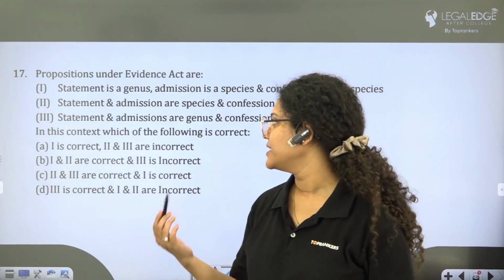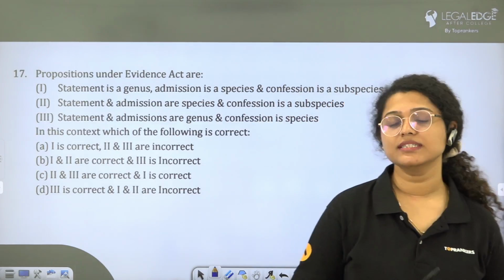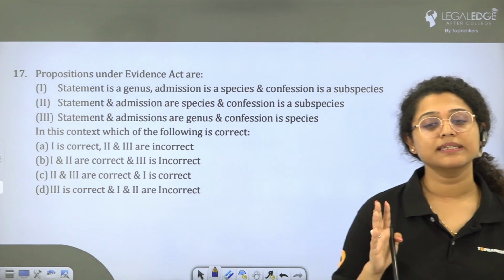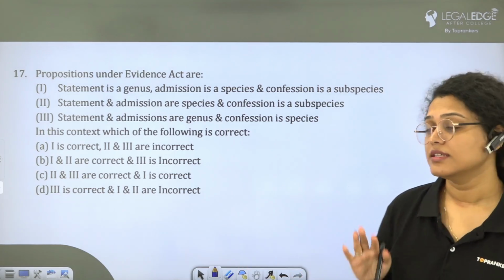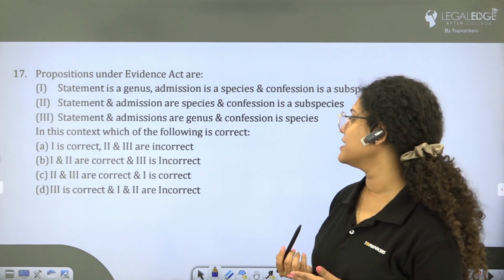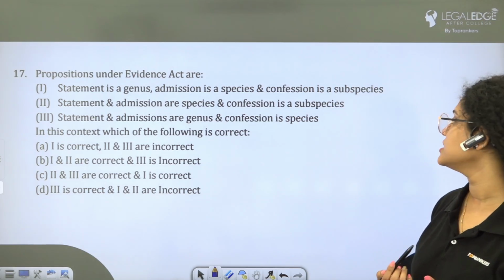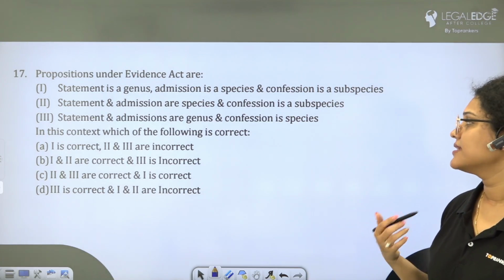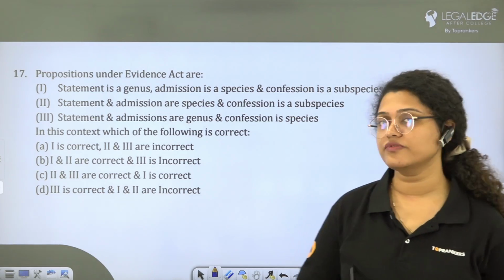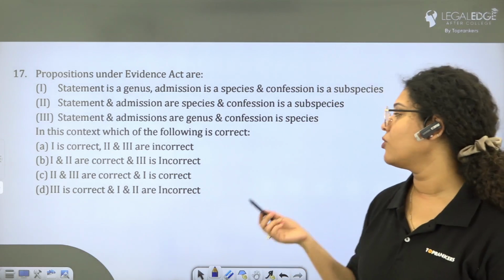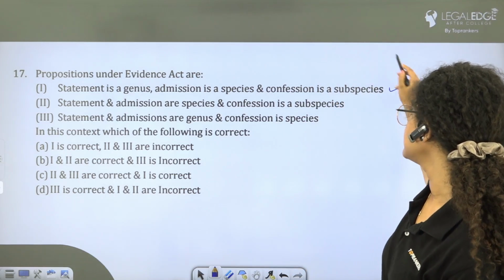Question number 17. Propositions under Indian Evidence Act are 1. Statement is a genus, admission is a species, and confession is a subspecies. Second, statement and admissions are species and confession is a subspecies. Third, statement and admissions are genus and confession is a species. So which out of these is correct? I think only first one is correct, that statement